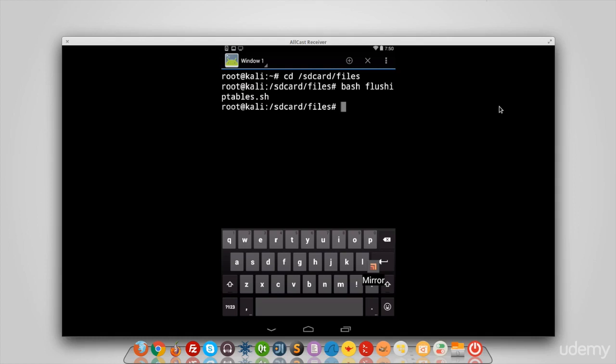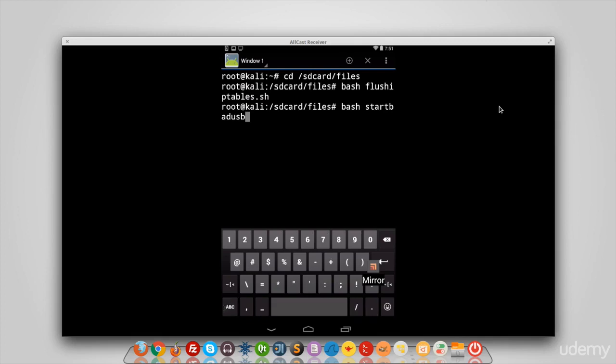Now, the next thing we want to do is run the BadUSB attack, the attack that fools the target computer into thinking this is a network card when we connect it. So what I'm going to do is bash and just put the name of the file. It's another script, but this script comes with NetHunter, so you don't need to download it, just run it like this. So it's start